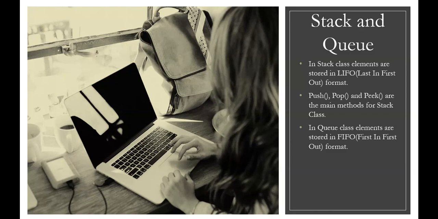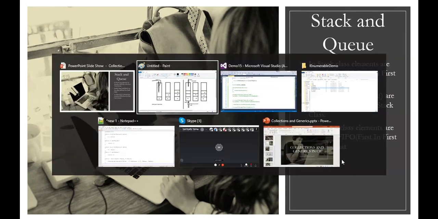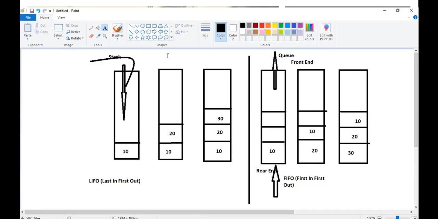For stack, the main built-in methods are push, pop, and peek. If I want to insert an element from this end, there is a built-in method called push. Whereas if I want to remove an element from the same end, there is a built-in method called pop.